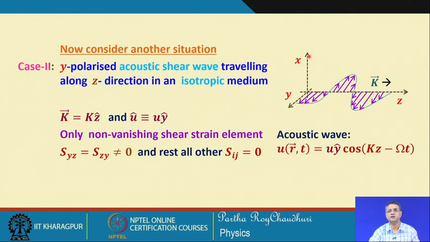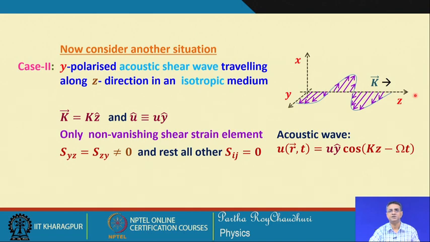We can as well consider that it is polarized along the x axis also, but because it is isotropic, there will not be any change, because it is the same for isotropic medium, x polarization and y polarization. These are the two degenerate modes of the acoustic wave, that also we have seen in the beginning of the acoustic wave discussion. For this case, this propagation vector is k in z, and this u y